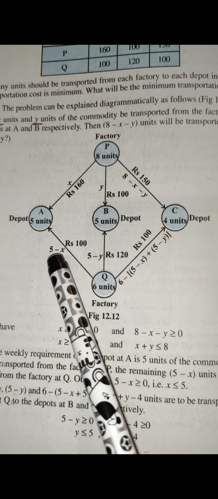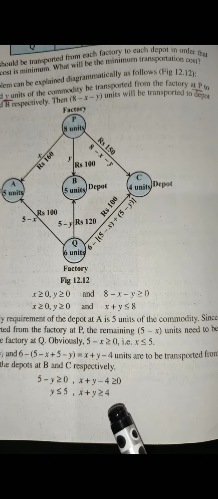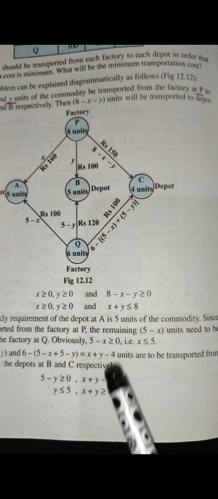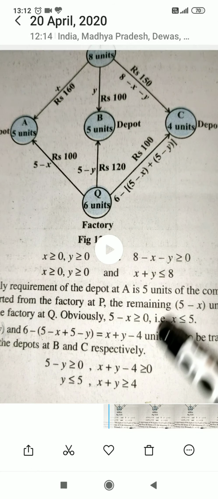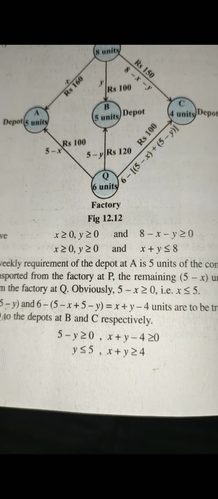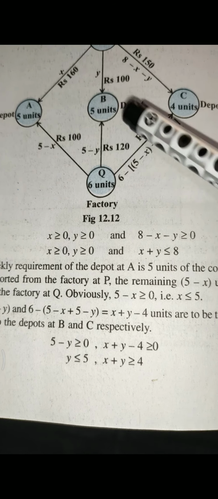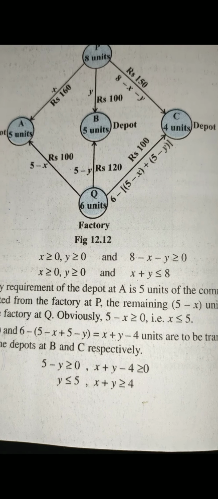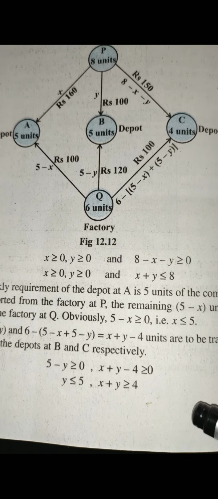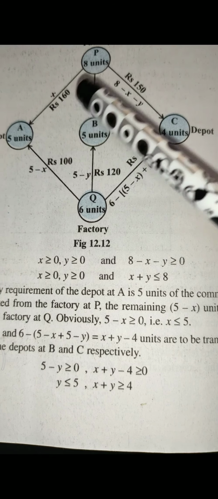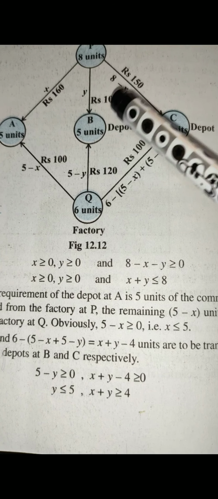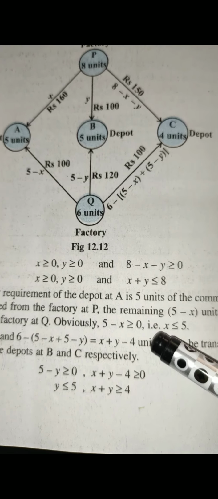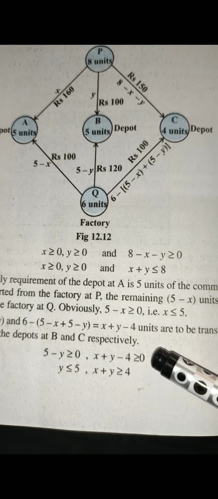In the same way here, 5 minus X is greater than or equal to 0. 5 minus Y is greater than or equal to 0, and 6 minus... So after substituting all this, the quantity we are supplying is greater than or equal to 0, because quantity is always greater than or equal to 0, it is always positive. You will get how many inequalities? 1, 2, how many times you are supplying? 1, 2, 3, 4, 5, 6. So 6 inequalities you will get, and these are known as subject to the constraints.